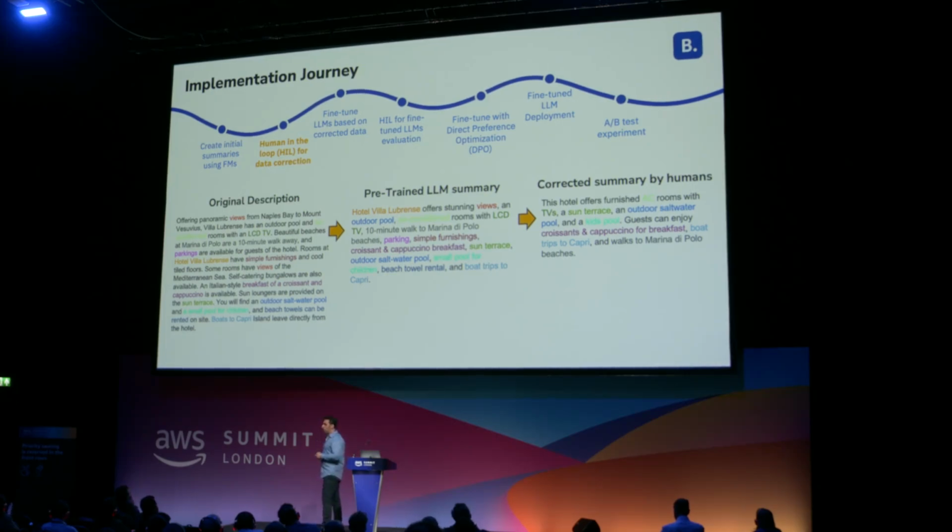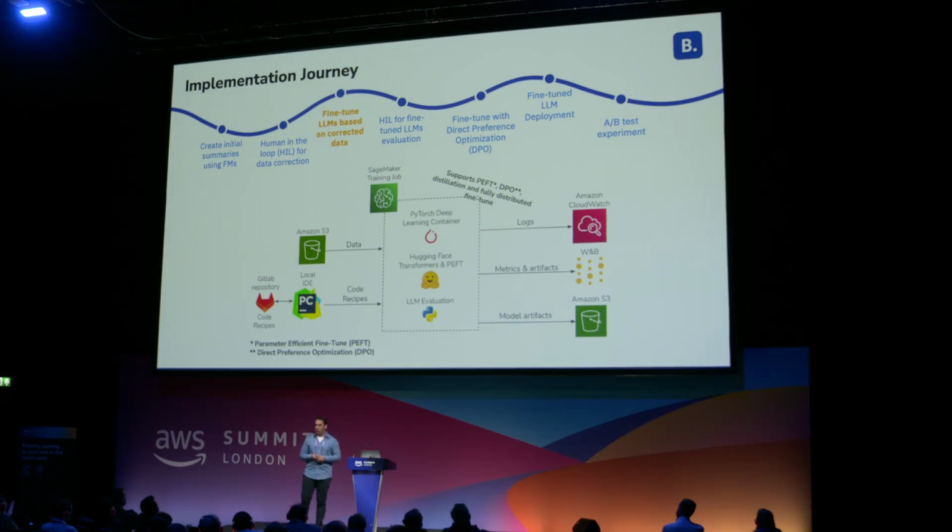Then we asked our content team to take the sample that we generated and rewrite all the summaries, so they can meet all booking guidelines and all project requirements, for example, about the length. Here you can see the original property description, then the pre-trained LLM summary, and eventually the corrected summary, which was corrected by a human to meet all booking guidelines for the summaries. Then, after collecting a few hundred summaries,